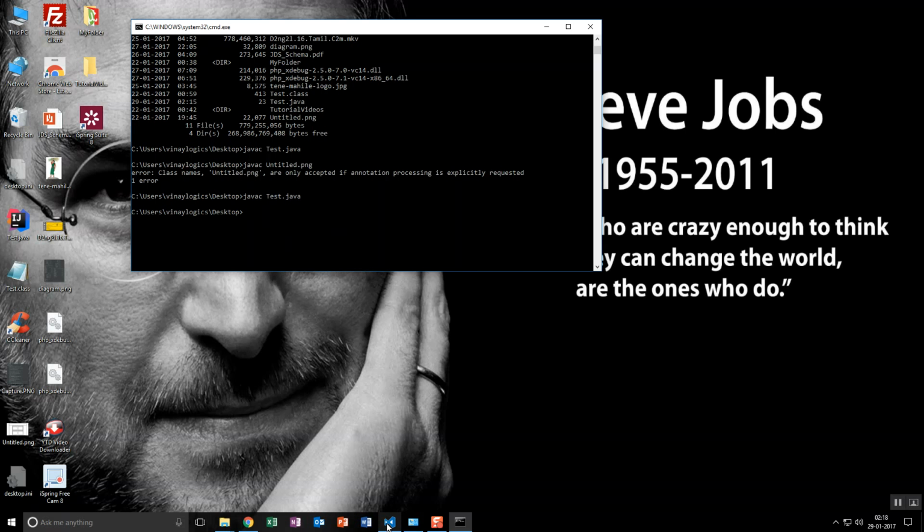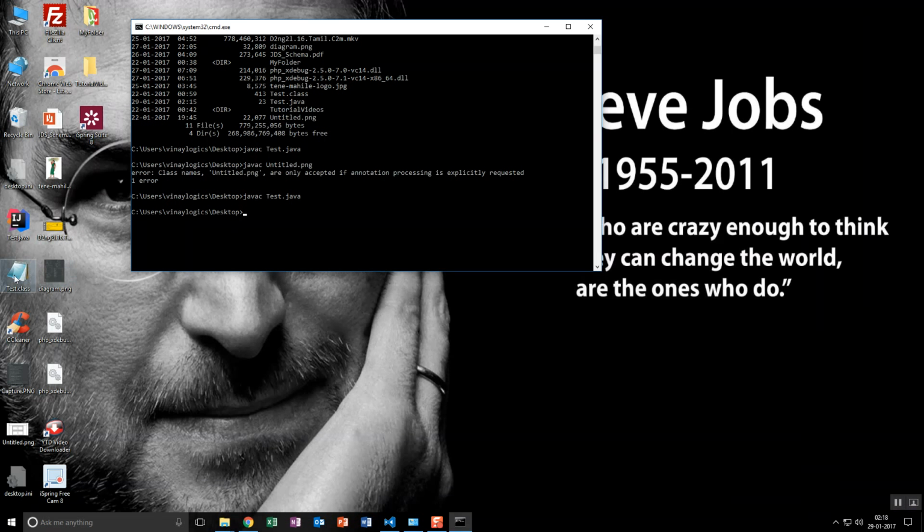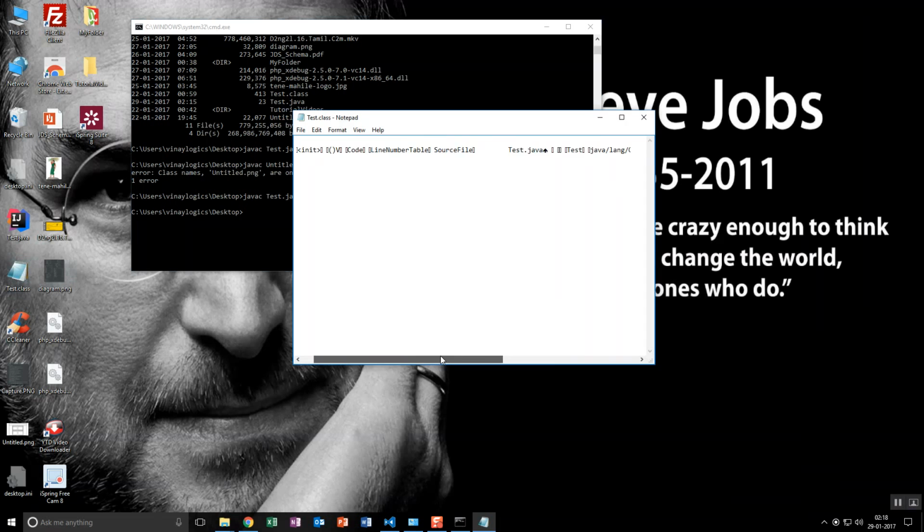Why a class file? This is a normal Java class, understandable by you. But this is not understandable by you, because this is called bytecode. It is something that the JRE or JVM, the Java runtime environment, understands. Until here, it is only the process of compilation. The other process is interpretation. Refer to some other video tutorial for the difference between compilation and interpretation. Here we have the compiled version of the Java code.